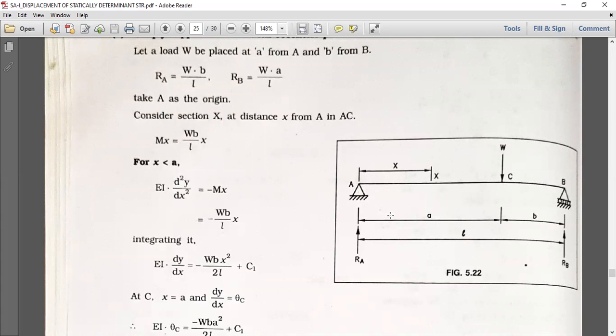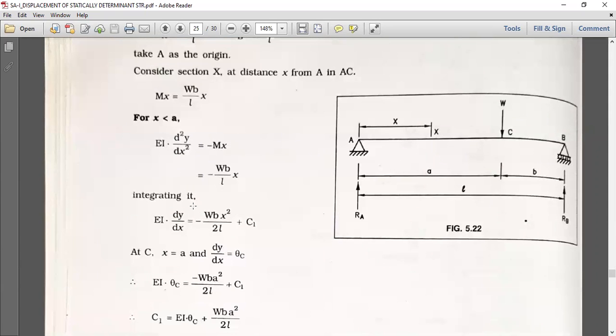Here a beam AB, eccentrically loaded with W, at distance A and distance B. Take X at somewhere here. So let's find Mx. Mx is equal to WB by L into X. Okay, so